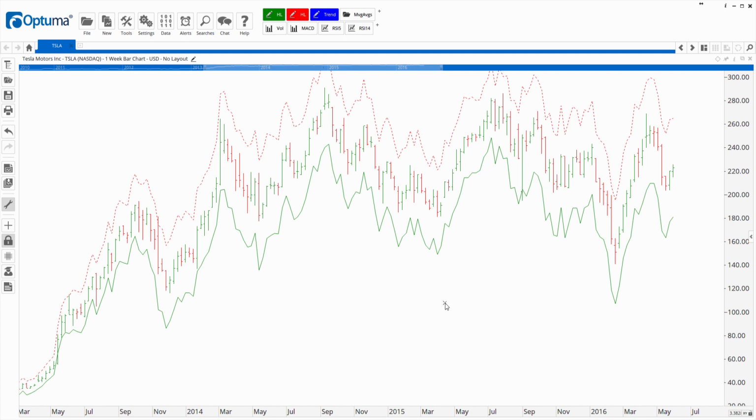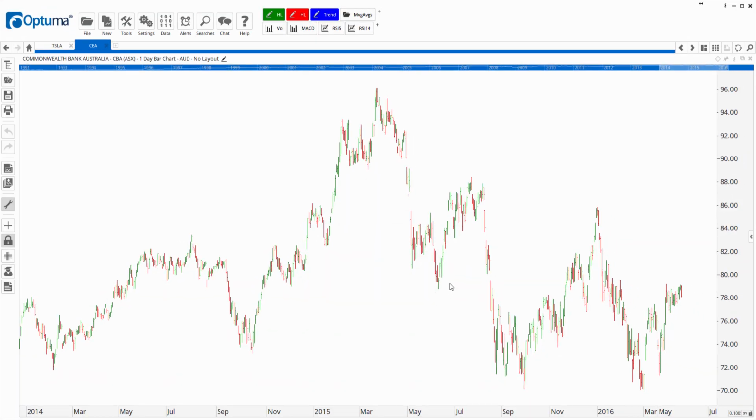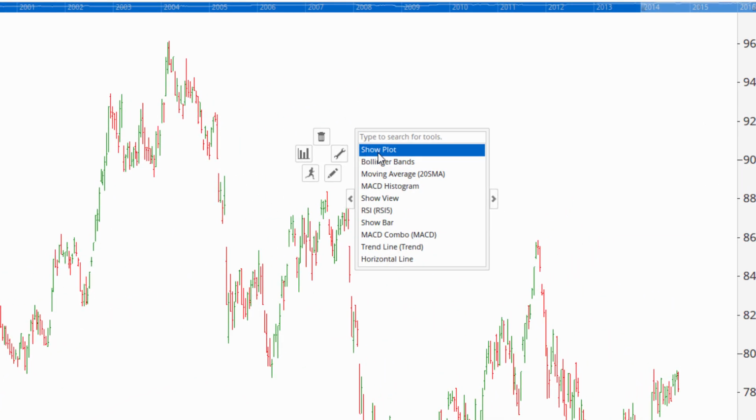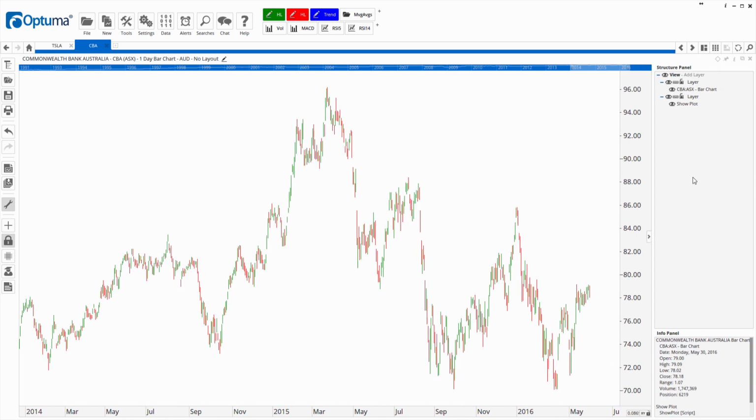Another example of the show plot is to draw the highest high value over a certain time frame. So let's open up a new chart. I'm just going to open up CBA, show plot. Now that's added it to the chart, but my default settings for that tool means it's plotted off the price scale. So I can go see it, opening up the structure panel on the right there by clicking the arrow,